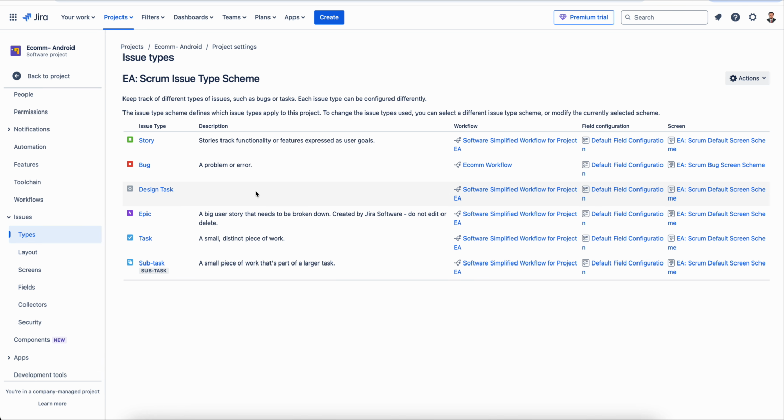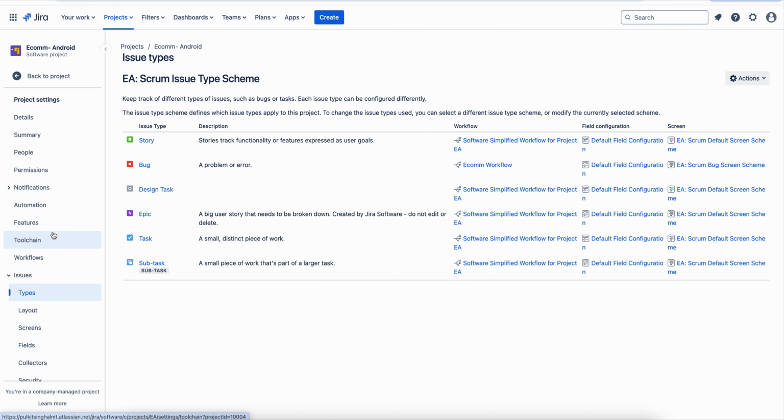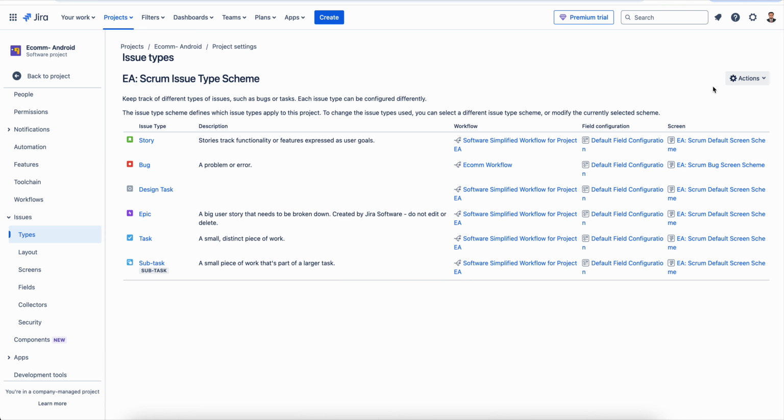So I can put description also, I have not put description. Now I want to change this avatar also as well, image as well of this. This is not looking good. I'll again go to types, I will go to actions, edit issue type,